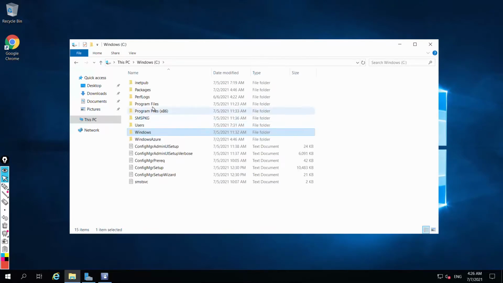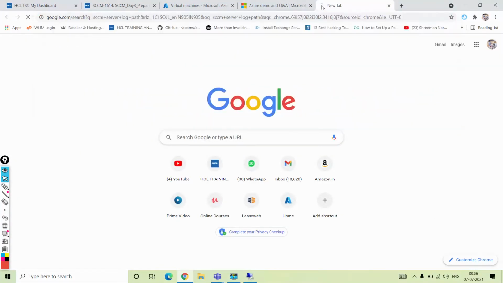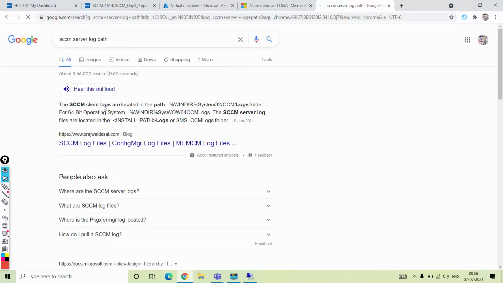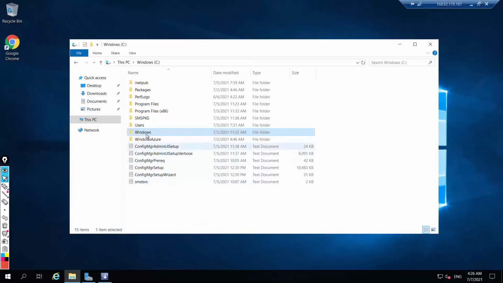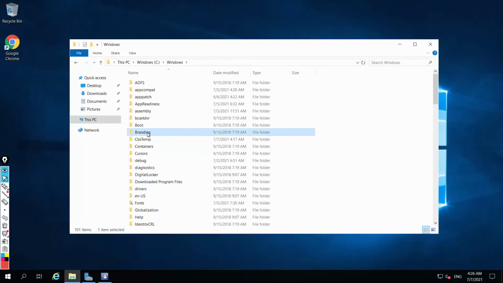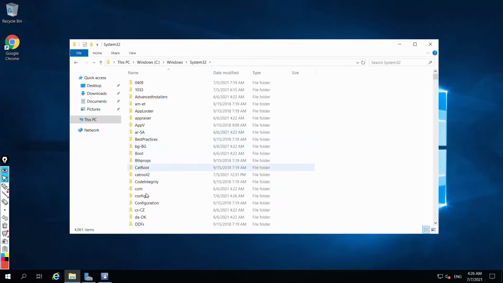I also forgot the path. Just a moment. Okay, system 32. Windows, system 32, and here we have CCM folder.